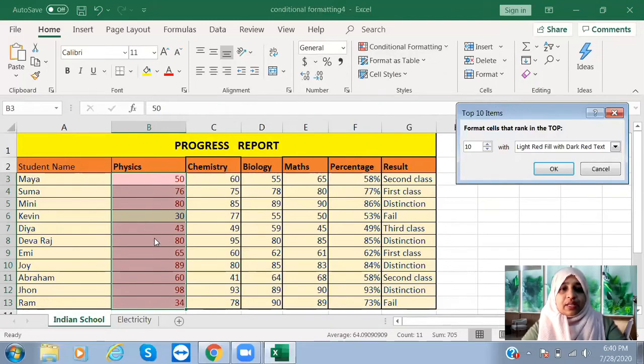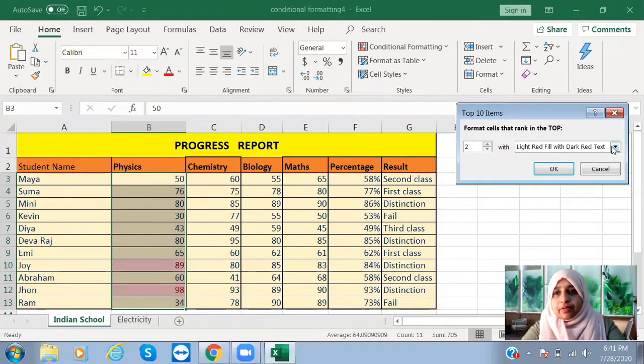We have 11 rows here, and we can see 10 marks got highlighted. It doesn't mean that you can only select 10 marks. The scenario allows you to specify any number of cells to highlight based on the cell value, not only 10 values. So I'm going to change the number here. I need to highlight the top 2 values.